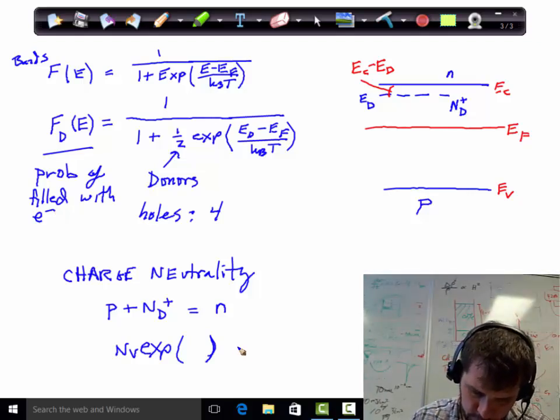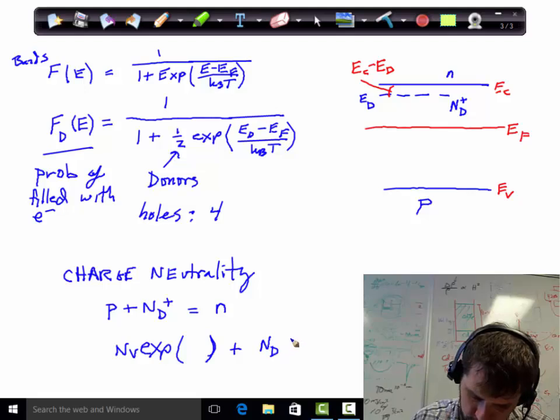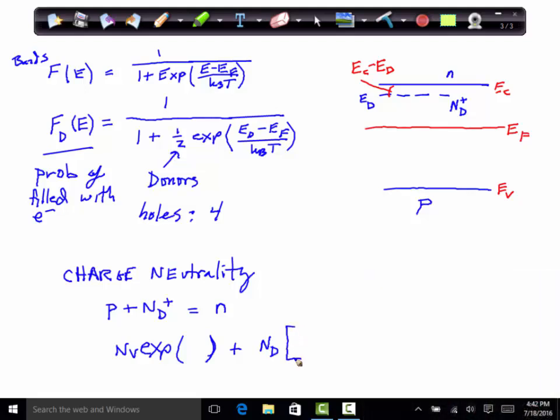So to get Nd plus, we do Nd, the total number of donors, times 1 minus 1 over 1 plus 1/2 exponential of ED minus EF over kBT,